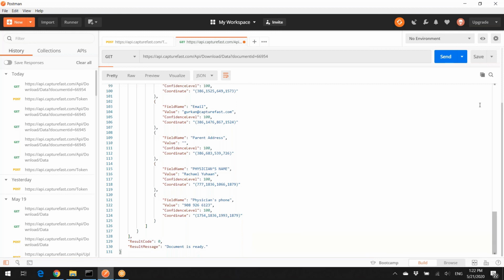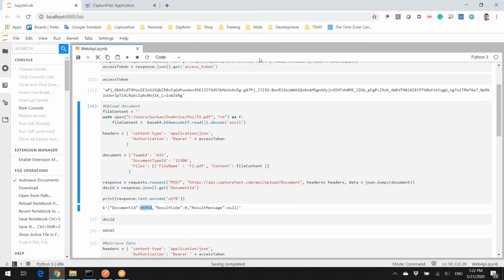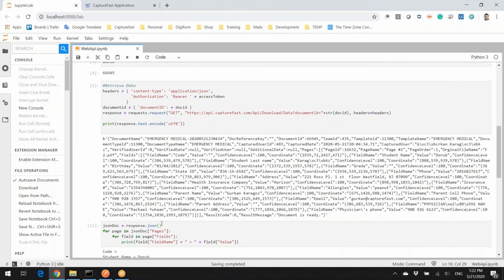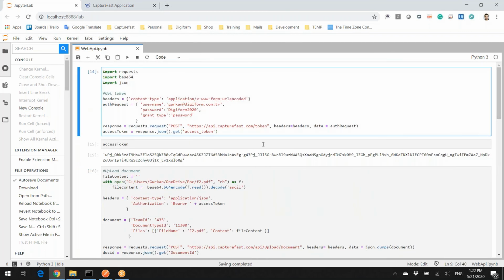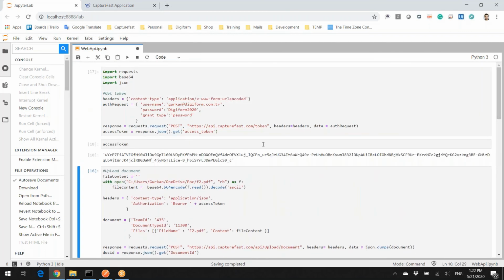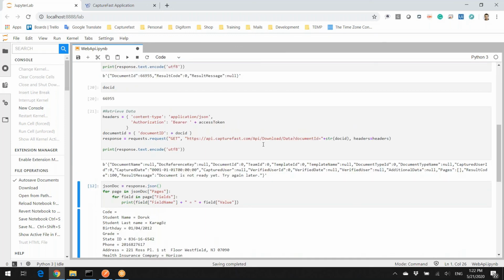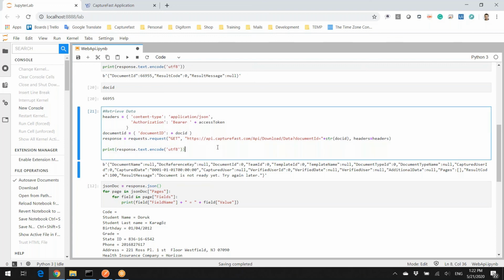Here, I am going to upload a new document and skip directly to the data retrieval, and you will see the response. Let's start from scratch. I need an access token. This is the access token. I upload, this is the document ID, and I ask to retrieve the data. You can see here the message says, with the number 100, document is not ready yet, because I didn't wait enough time. I didn't give enough time to the system to pre-process. Probably it's ready now. When I click on it,